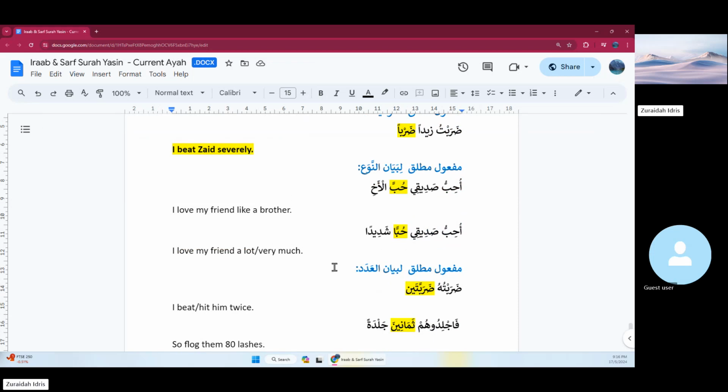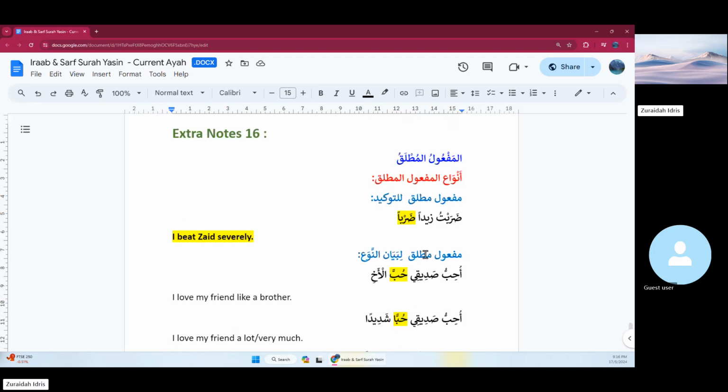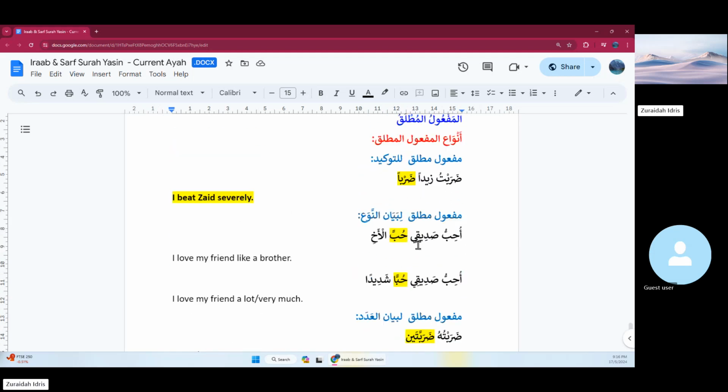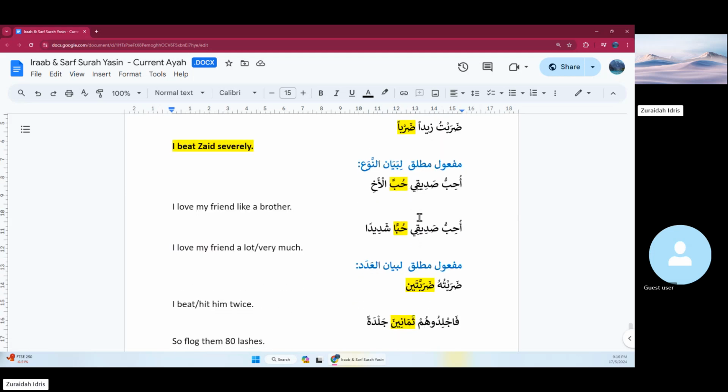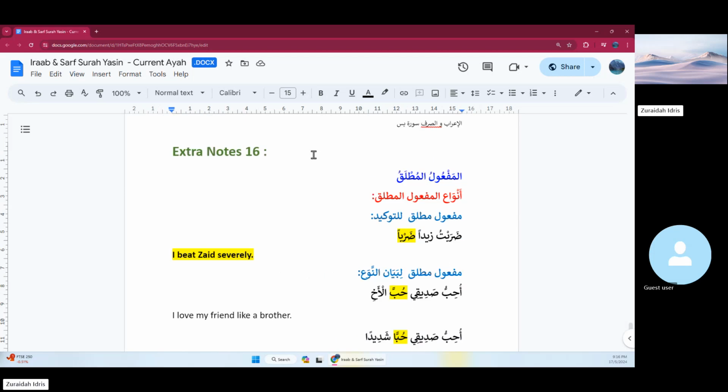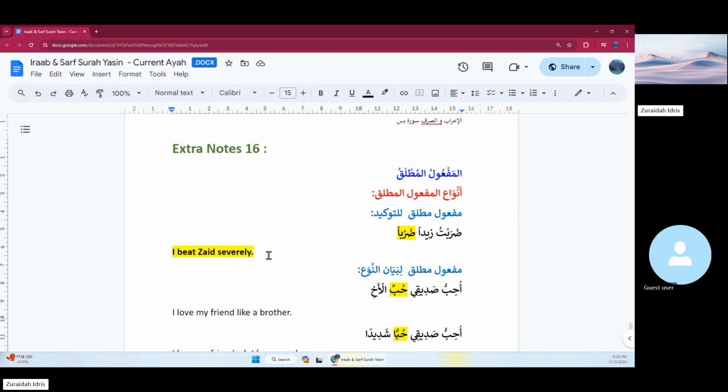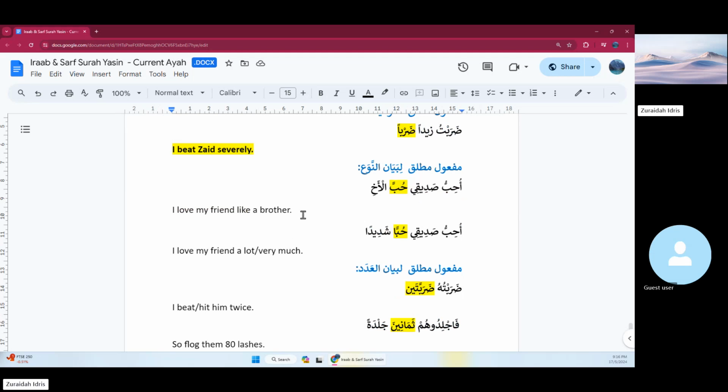Okay, so now we know the three ways that the maf'ul mutlaq is being used in the sentence, and we see that when we translate it, we don't take the literal meaning of the masdar itself. Not like hubban, darban. We don't say hitting or loving. We translate it to mean what it is supposed to mean. Or in this case, when it is emphasis, we say severely, extremely, very, things like that. And when you clarify something, you describe the thing. In what way are you doing this action? You're doing it like this, or you are hating them like that, or you're hitting them in such a way,